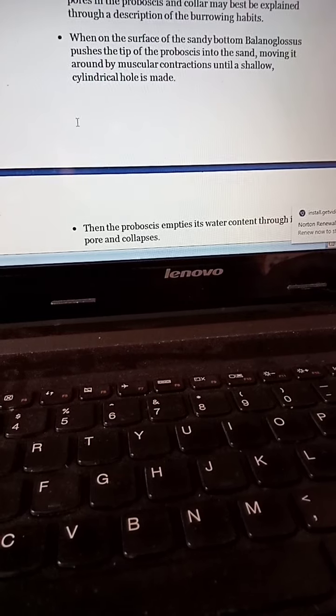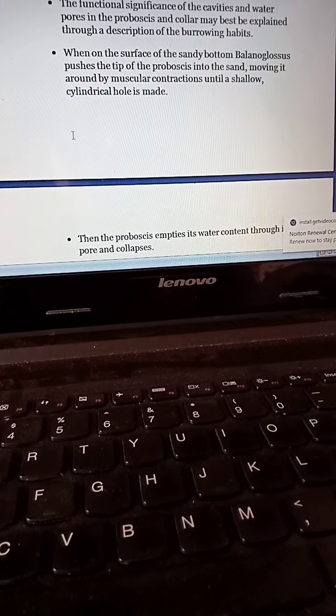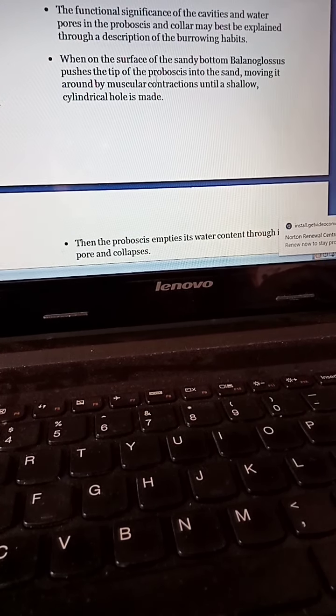Next point, when on the surface of the sandy bottom, Balanoglossus pushes the tip of the proboscis into the